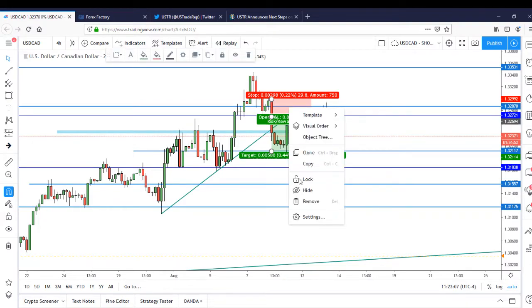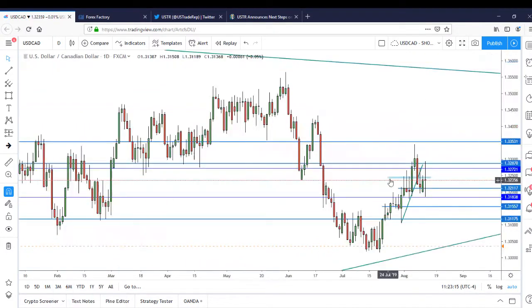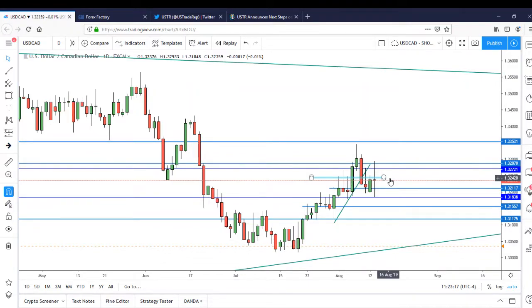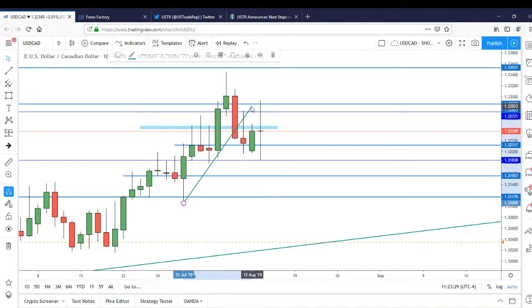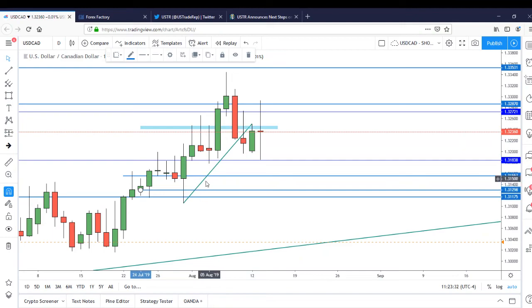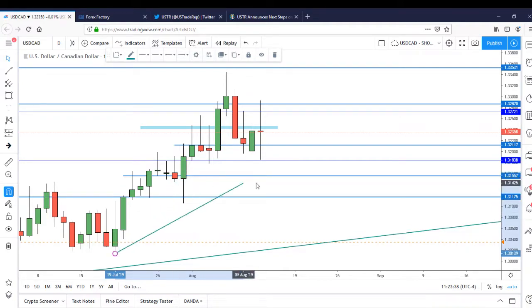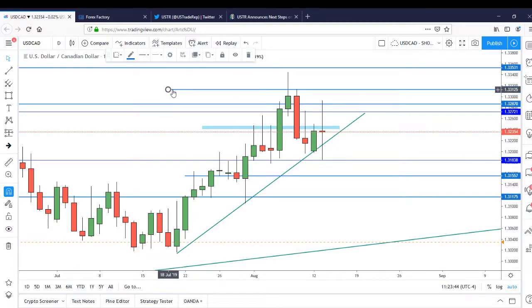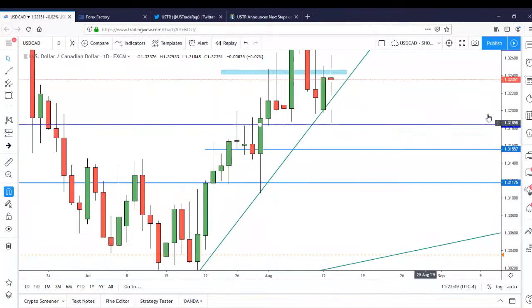Let me extend over the zone and go to the daily. The daily will probably give us some more insight. So on the daily, this is a huge indecision candle, equal wick to the top and bottom. I don't really see much to work with here. If we remove this trend line, or actually just move it here. Some of these raised on the small time frame are take profit levels from when we shorted. But anyways,